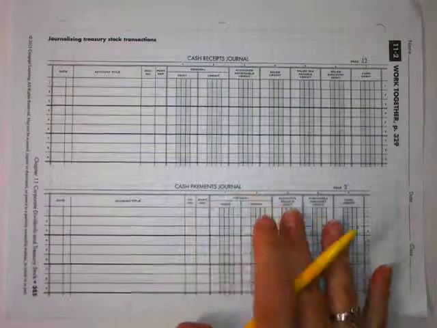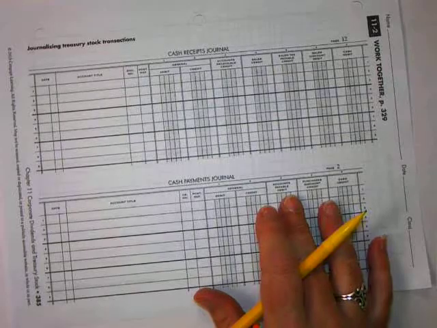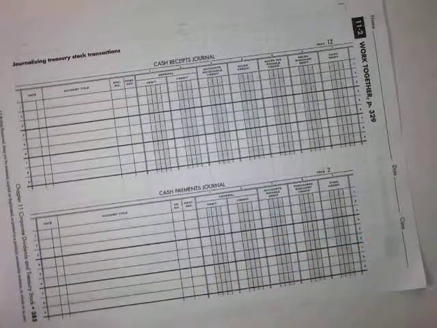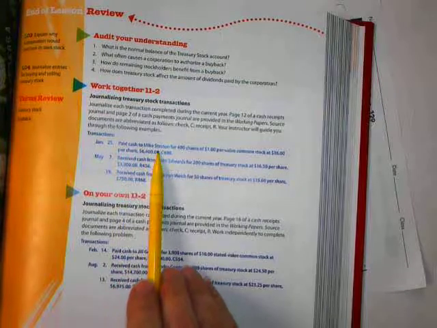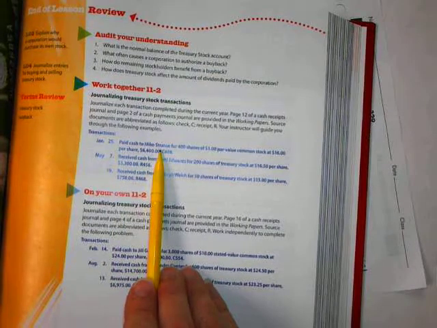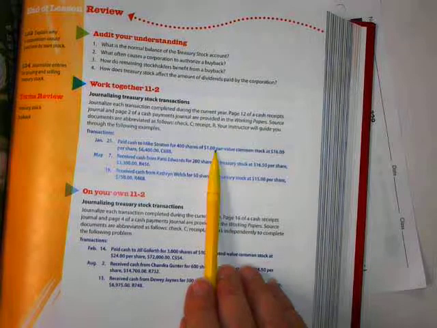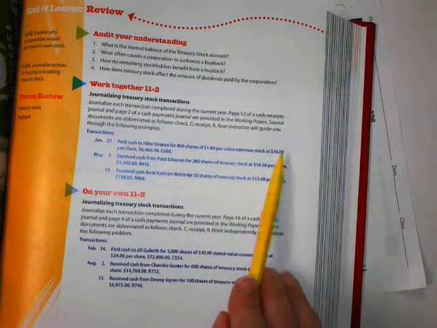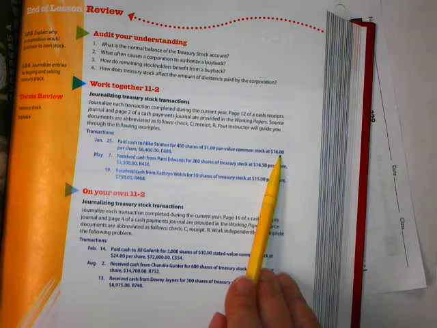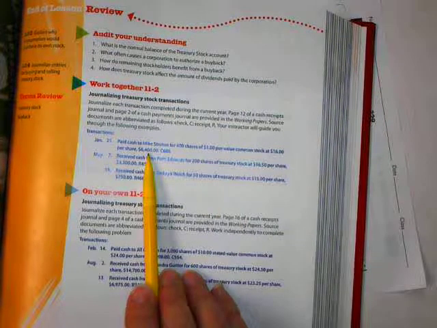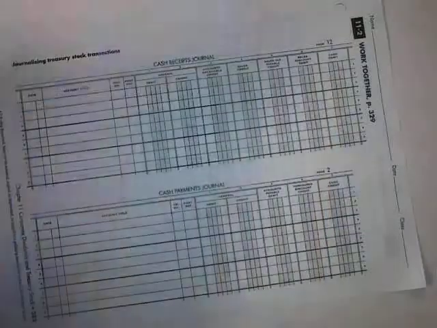So working together, the first thing we're doing is we're paying cash to Mike Stratton. So Mike Stratton owns some of our shares, and we're going to buy some of those back from him. It was $1 par value common stock, but we're going to pay $16 a share for a total of $6,400. So actually we're going to start down at cash payments because we're paying in cash.